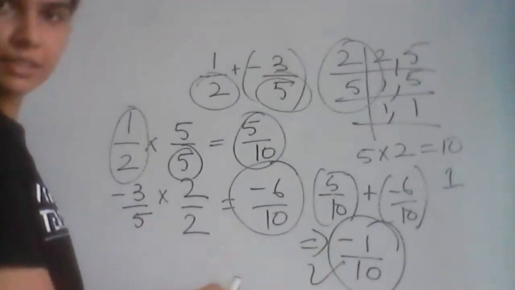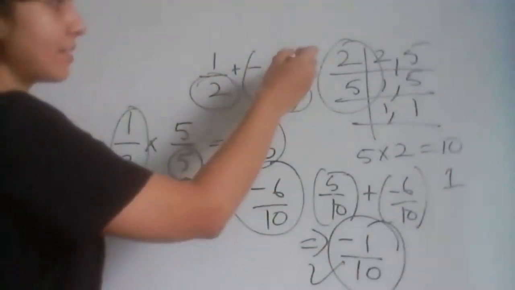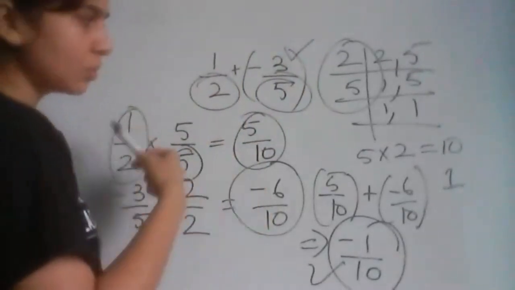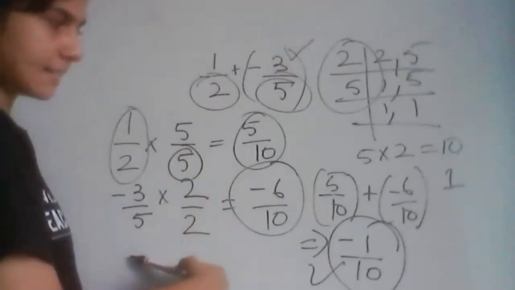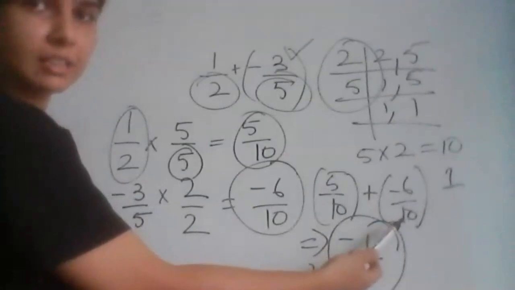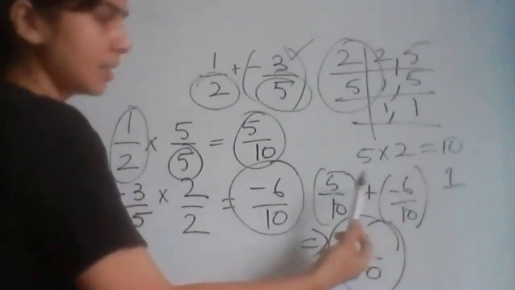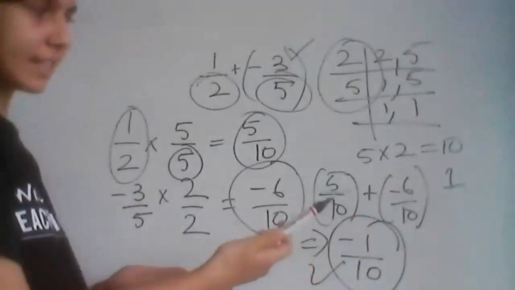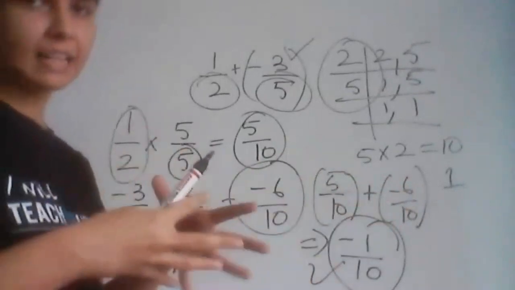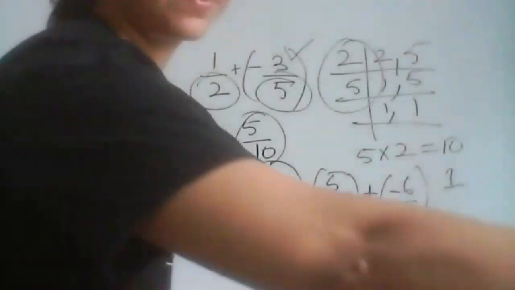Have you understood this? How do we add rational numbers where one is of a different sign than the other? You have to just do all the steps as they are. Only at the last you have to do integer addition, which we have already learned. So you have to follow integer addition rules here, like we do in integer addition. We check what the sign of the numbers is. If they are the same, we add. If they are different, we subtract. And we take the sign of the largest number. Okay.